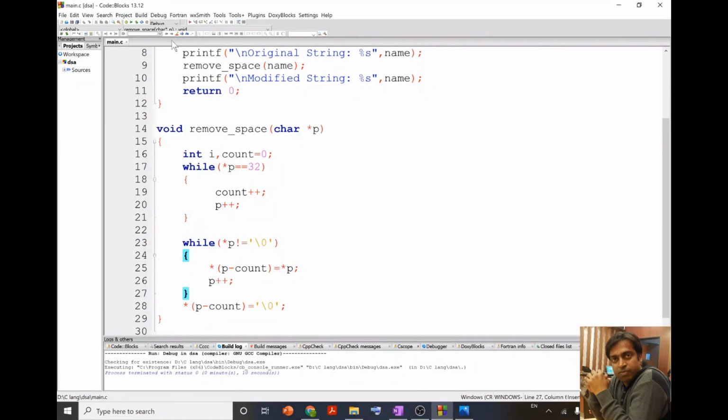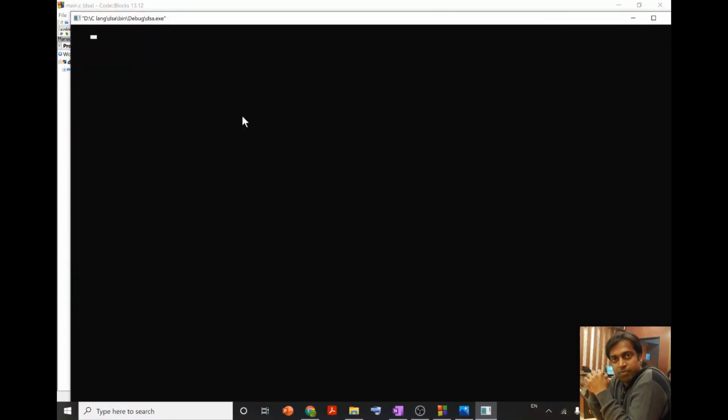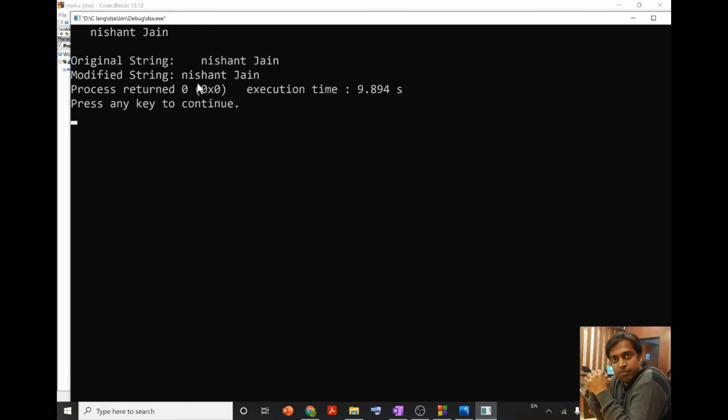Now if I again rerun this program with multiple words, like I put leading spaces, one word, then a space, and then Jen. Again you can see that it has removed only the leading spaces. The space between the 2 words remains there. So you can see that the program that we have discussed is working properly.